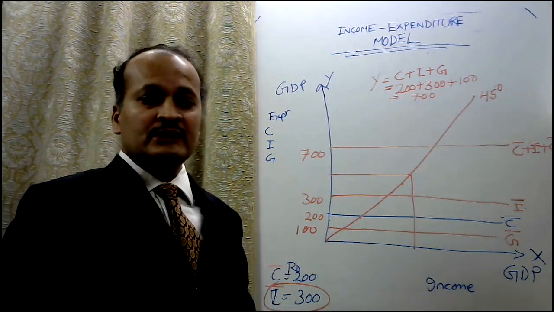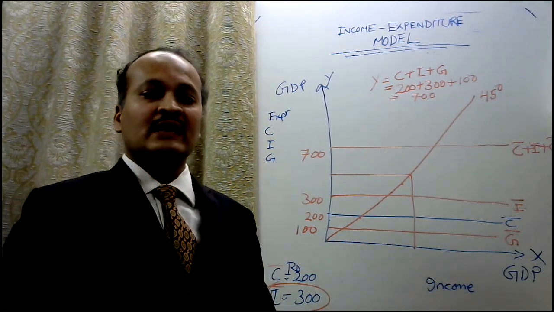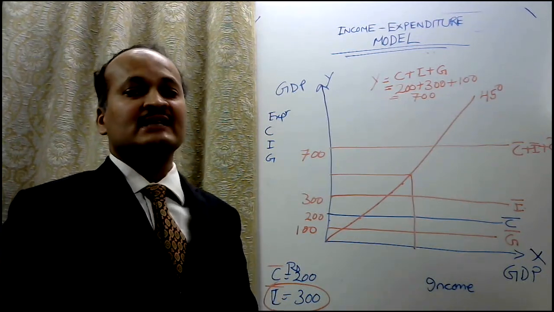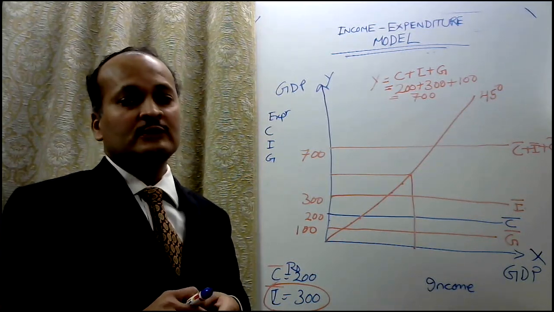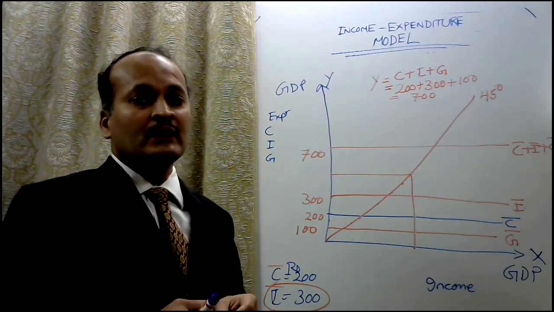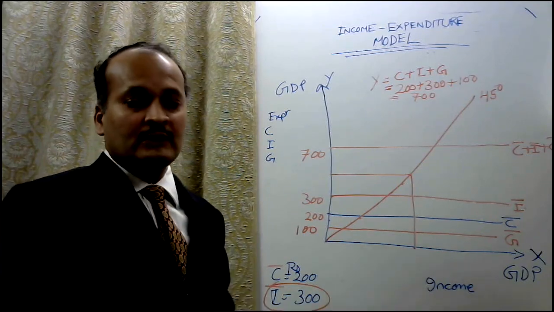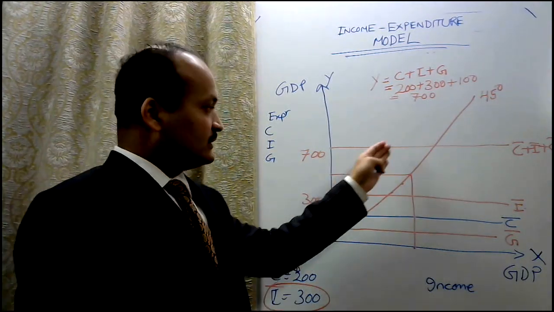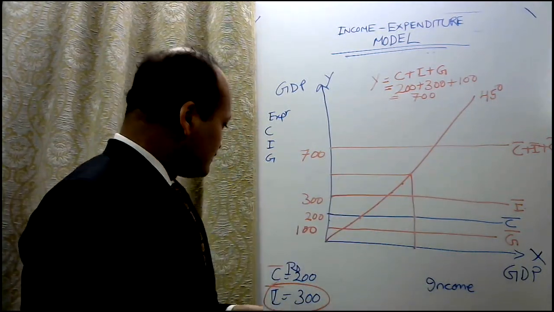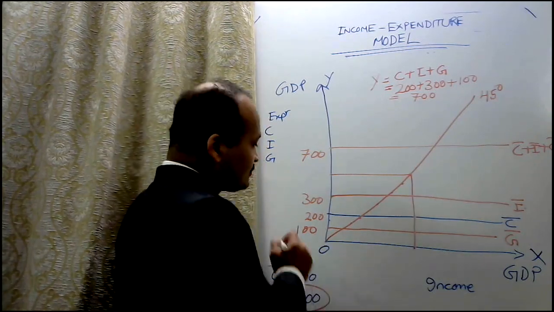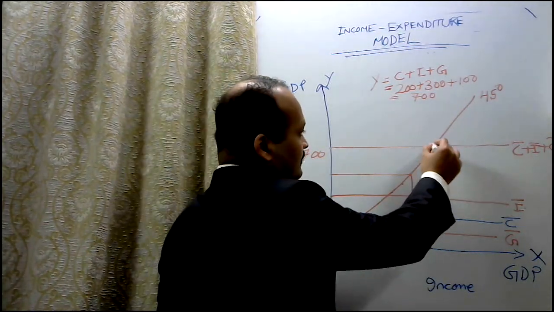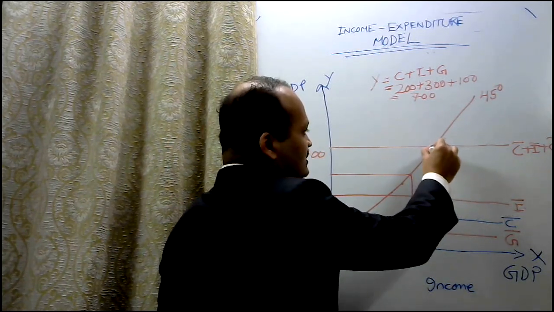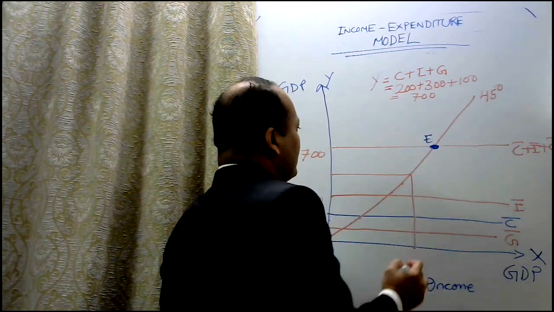But which of these possible equilibrium points will actually prevail will depend on the total expenditure that is taking place in an economy. You will be able to appreciate the equilibrium income concept, if you have not already, maybe in the next 5 minutes when I give you some examples after showing the equilibrium point. In this example, what happens? The equilibrium income, the expenditure line which is cutting the 45-degree line, that means at the point E, what I am finding,